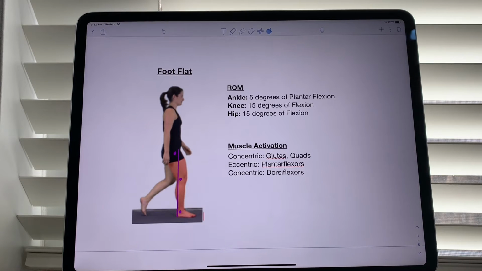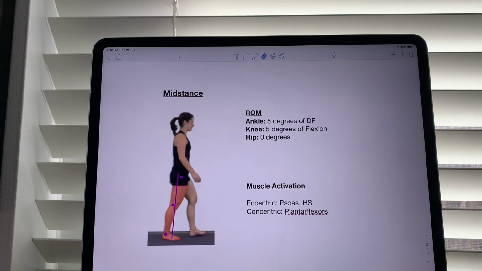During foot flat, the glutes and hamstrings remain active, as I said before, to extend the hip and move the body forward. The quads contract concentrically to extend the knee and support the weight of the body during mid-stance. The plantar flexors contract eccentrically to control the forward movement of the tibia and fibula relative to the talus, and dorsiflexors contract concentrically. At mid-stance, the line of gravity is posterior to the hip and anterior to the knee and